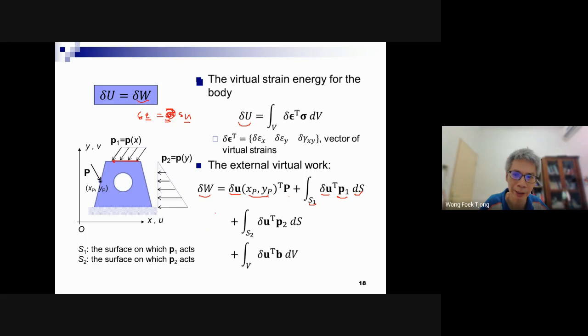No? Okay. How about the contribution of T2? The same. Okay. The integrals on the surface. So these are surface integrals. And lastly, don't forget, not only on the surface, but at every point in the body may have body force. So this is the virtual work of body force. Okay, so this is how we apply the principle of virtual work for this problem. How we write the principle of virtual work.